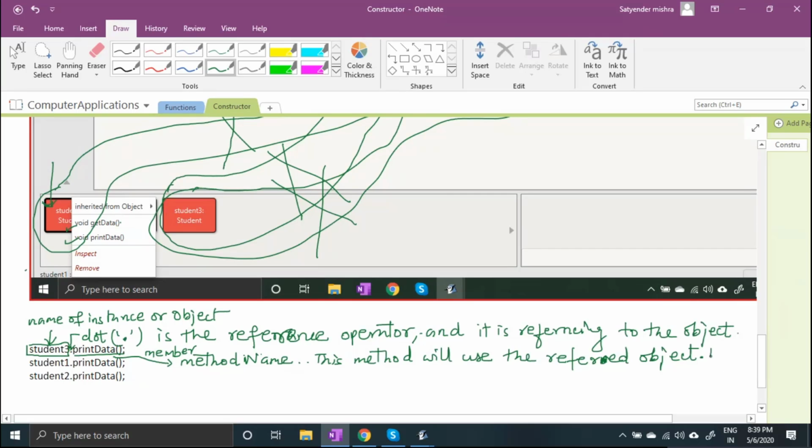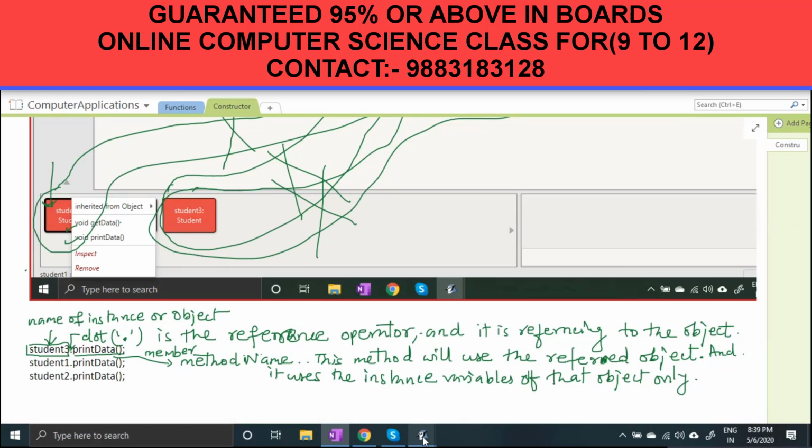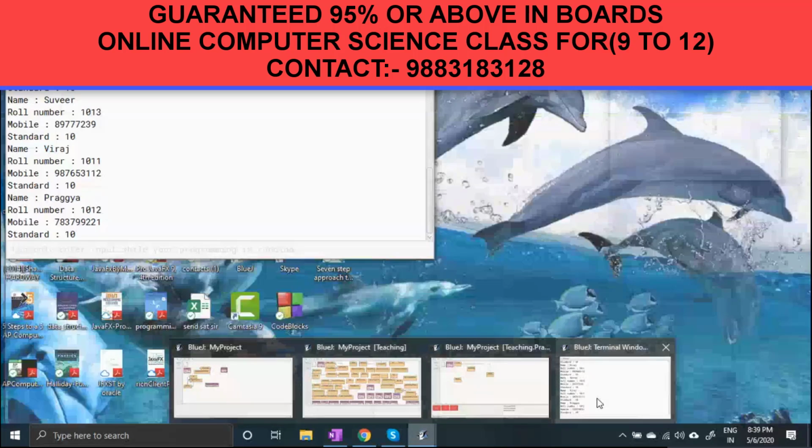The referred object, spelled R-E-F-E-R-R-E-D, with the double R again. So this method will use the referred object, and it uses the instance variables of that object only. Instance variables of that object only. Understood? So let me show you more things about this.